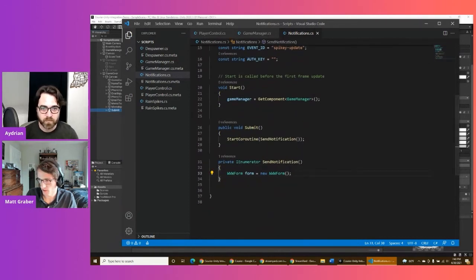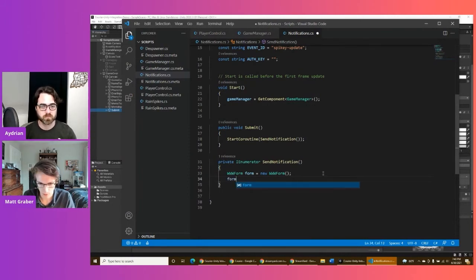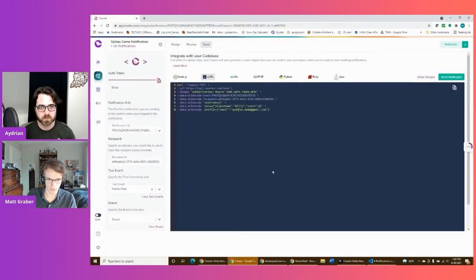So now we can continue. So now that we have our empty form created, we need to add some fields to it. So we're going to do form.AddField. And the first thing we're going to need, if we go over and look at this,